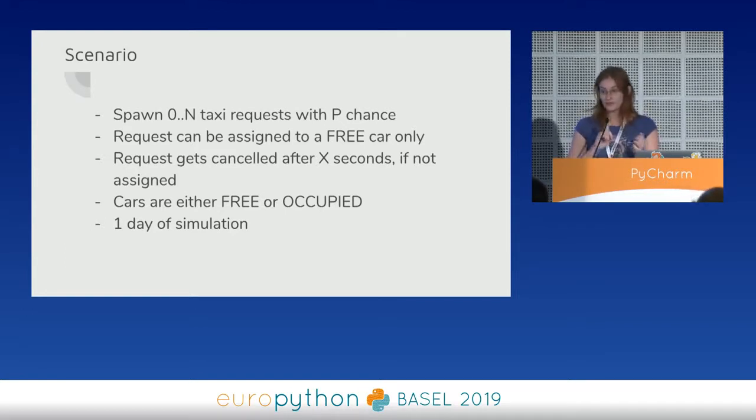We can have only max n requests, which can be described as you can only have 1,000 passengers using your app, and one passenger, one request at a time. It's not possible for a passenger to request a taxi to point A and point B, because how would you do it? You have only one physical body. What would you do? Would you split? I don't know. Then requests can be assigned to a free car only. We don't have something like shuttle buses. It's just pure car, one request, one car.